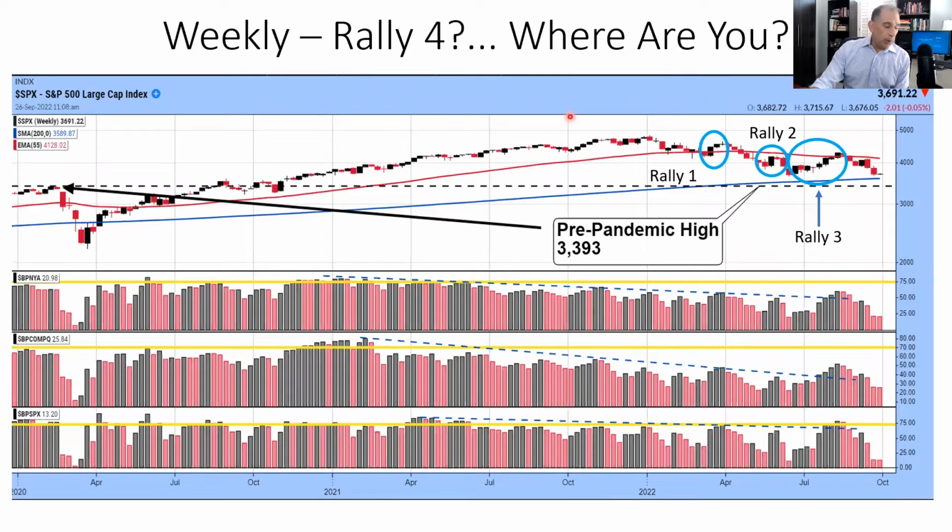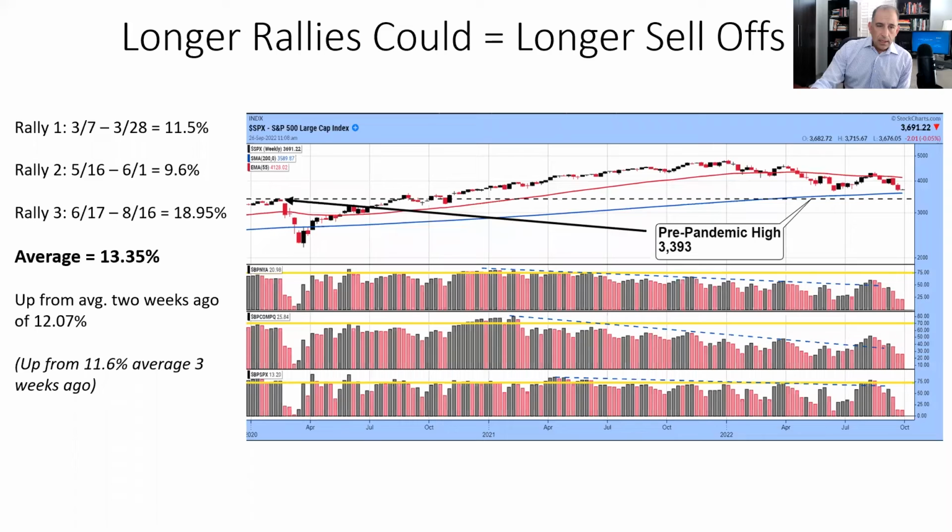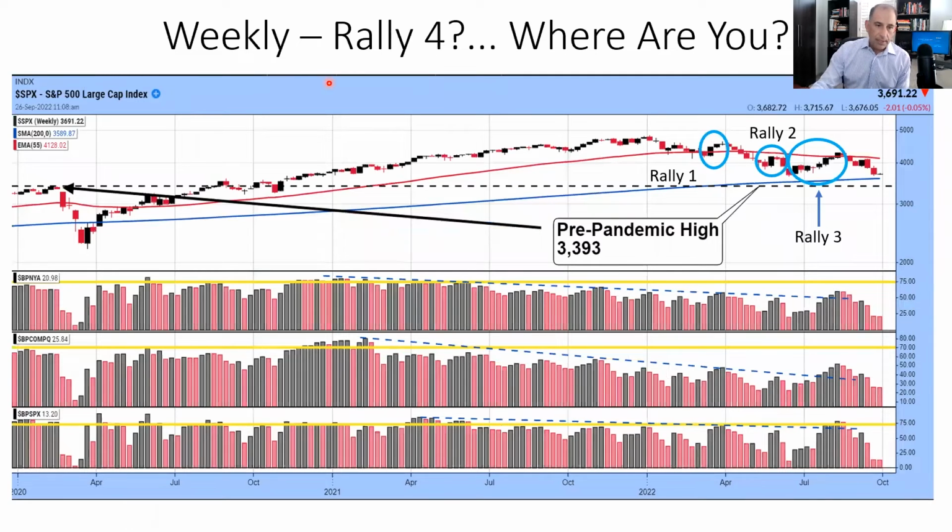I love the bullish percent chart. If you guys follow me, you know that. I'm just seeing the bullish percent rollover again in the S&P, the NASDAQ 100, and obviously in the New York Composite. The rallies are getting a little bit less impactful. But the average rally here, if you saw, was about 13% or so. But we really never got rally 4. It's kind of the headline of that chart: where is rally 4? It just didn't happen. It didn't happen yet, but we'll have to see.